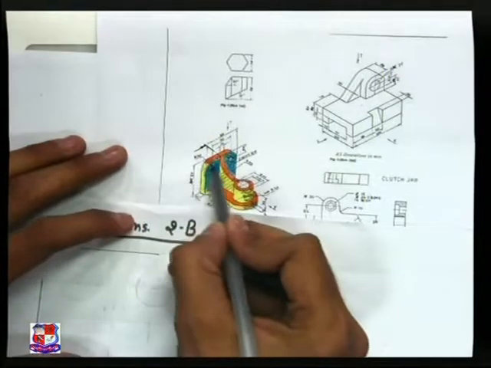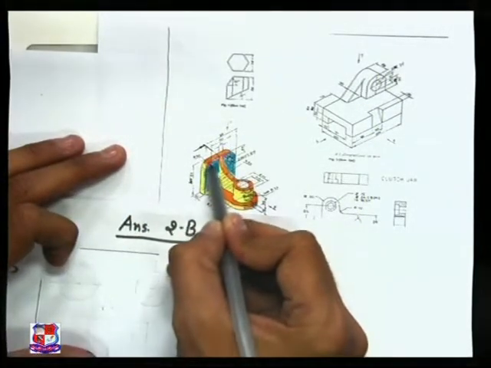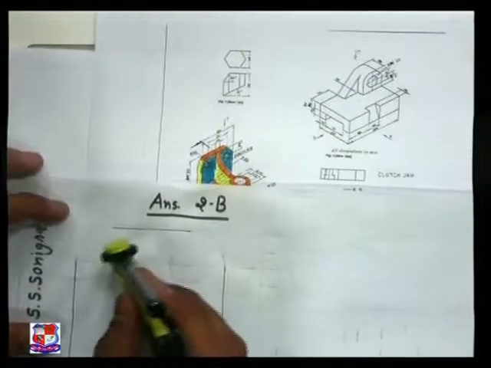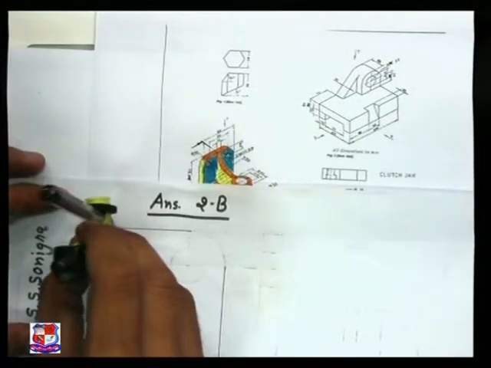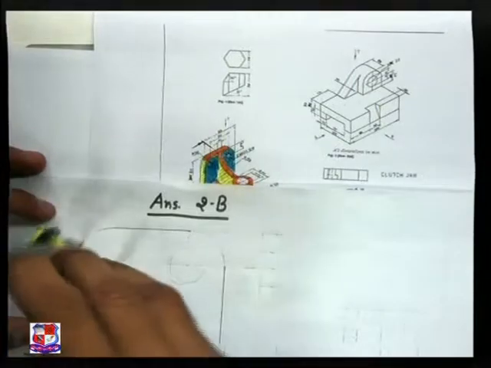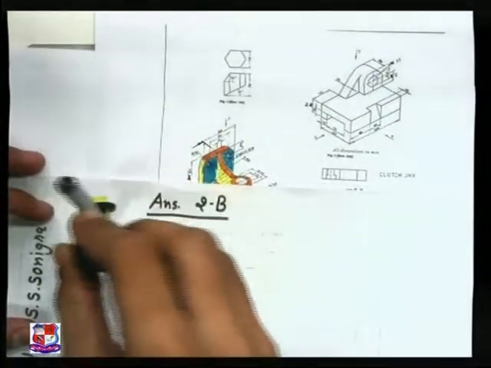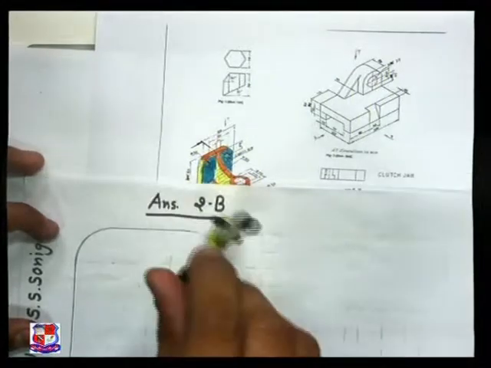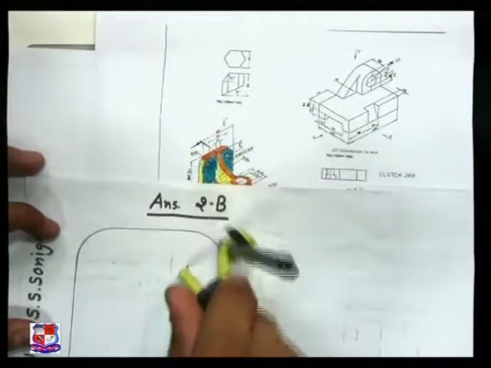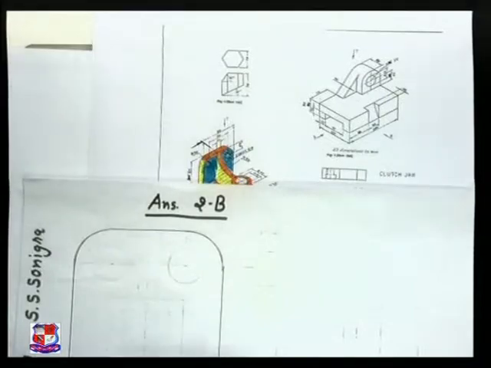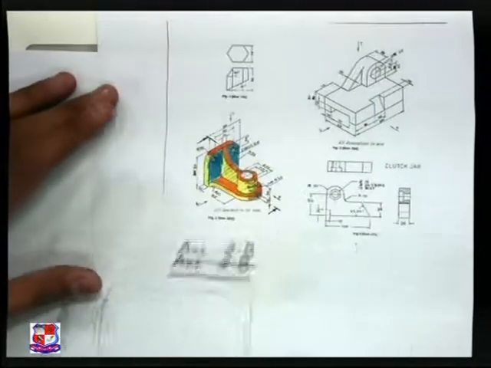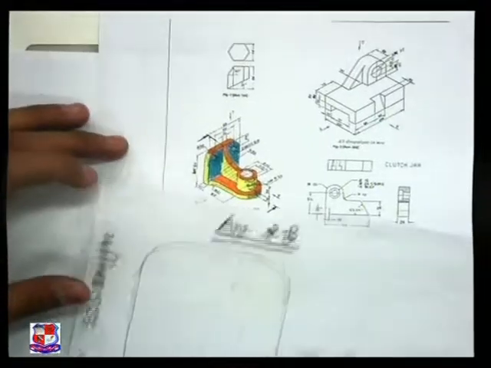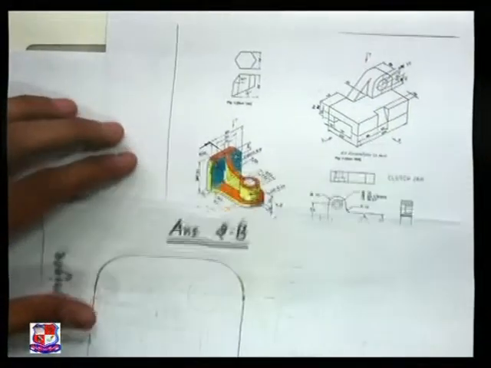This arc having radius 20 mm, this arc. So we have to draw arcs having radius of 20 mm over here. Or in other words, that portion is filleted with radius 20 mm. In AutoCAD we can easily draw these arcs with the help of fillet command like this. So this is the outer portion of given object. If you look from front direction, its outline would appear like this.